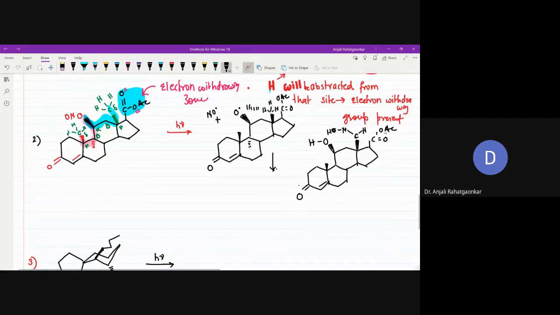All right, because there are a lot of things, this hydrogen you cannot remove very easily, because